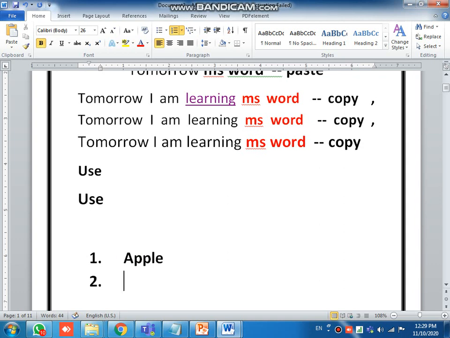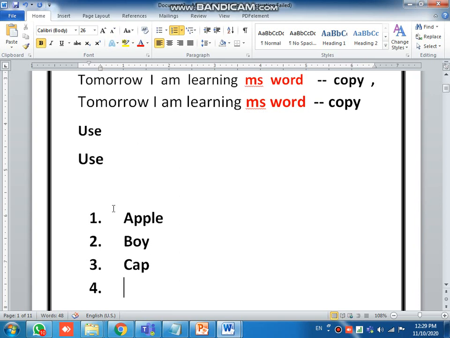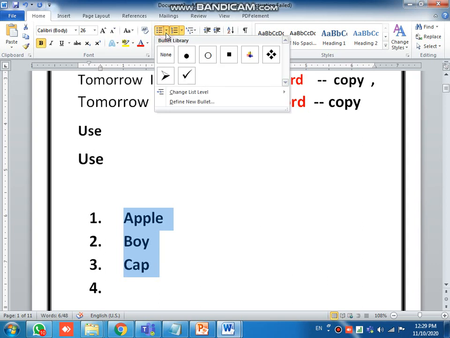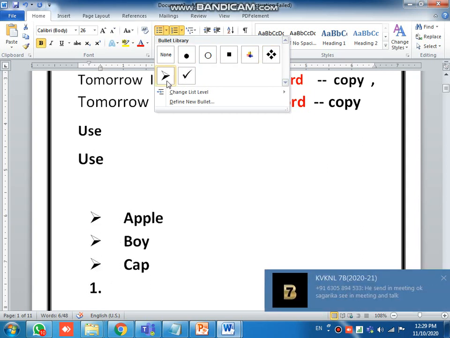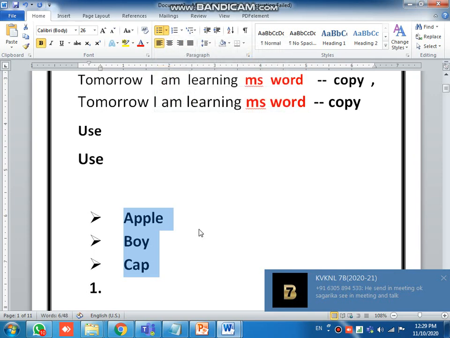Now 2 will come automatically for B, boy, 3 for C, cap. Like this you can use numbering. Now if you want to use bullets also, you can use the bullets. Okay, like this you can use the bullets. This is a bullet and this is a bullet, and this type of bullets you can use. Mostly we use the arrow mark for paragraph settings, like this.